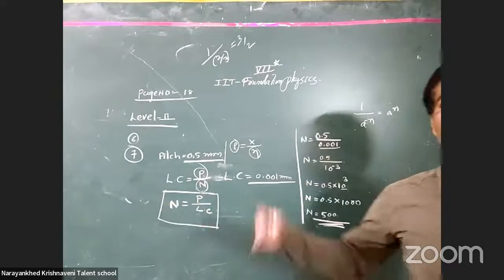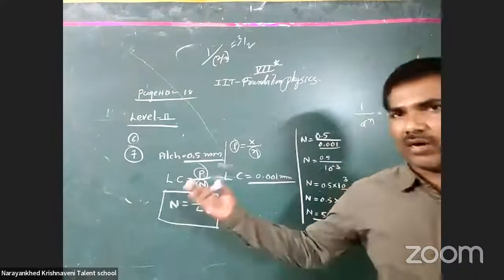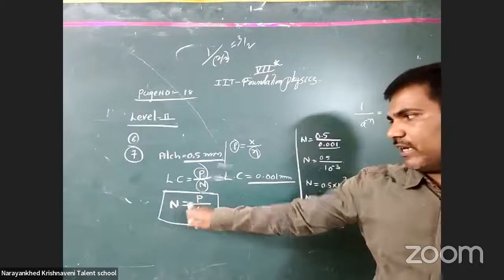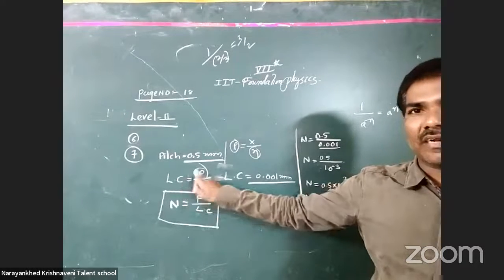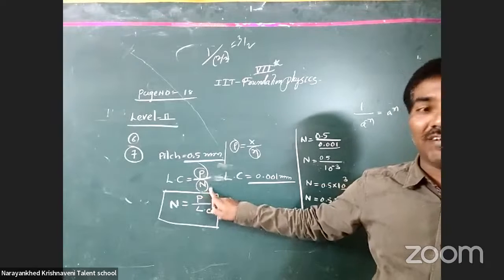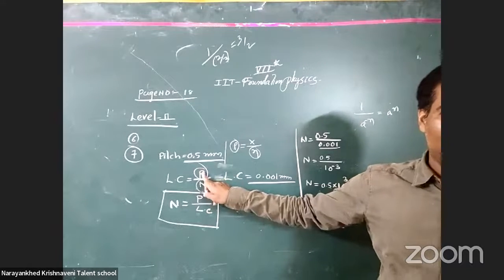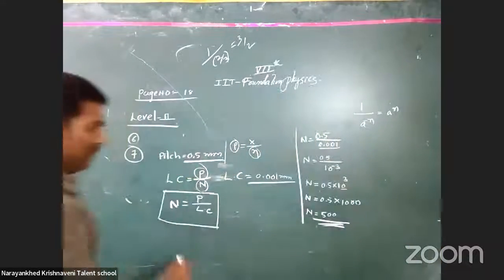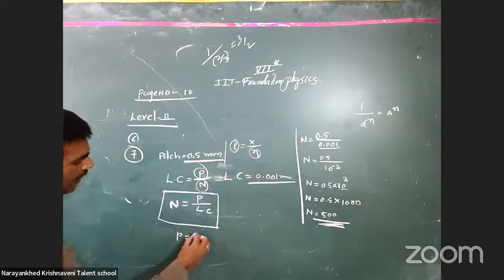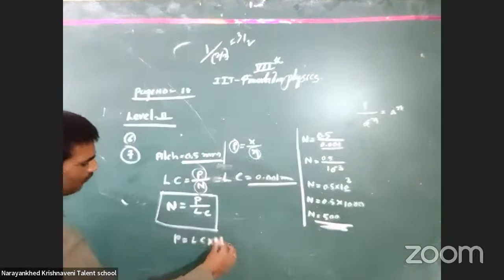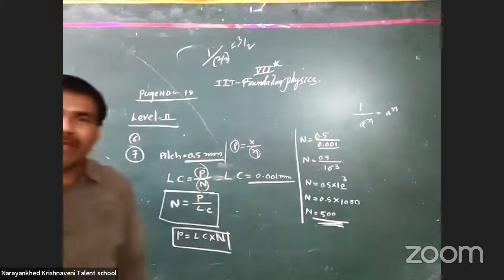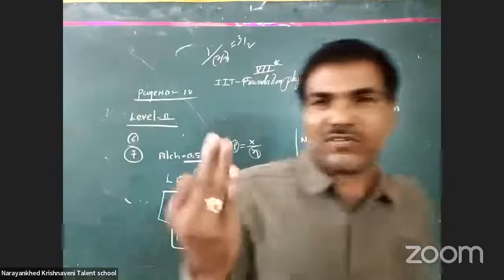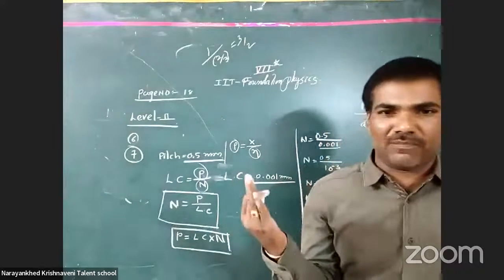When we require the number of head scale divisions, directly we take n is equal to P by LC. When we require the least count, at that time it will be taken as P by N. When we require the pitch, the formula we get is P is equal to the least count into the number of head scale divisions. How many formulas are there here? Totally 3 formulas we get, from one formula only.